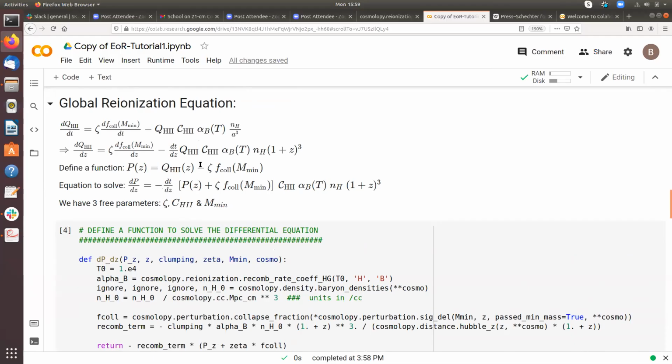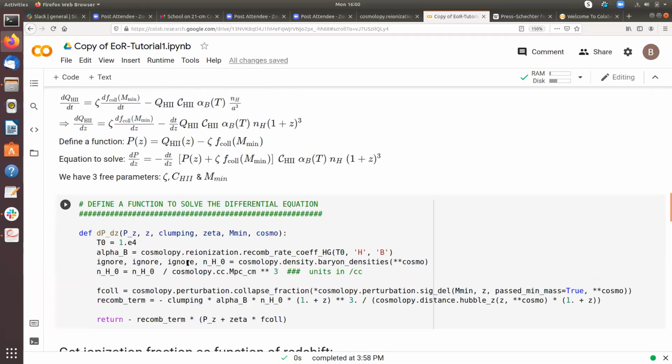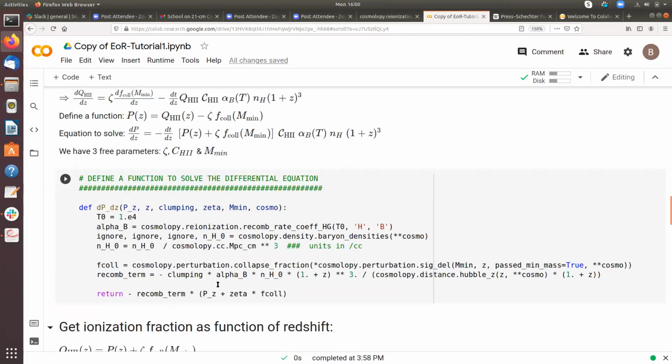So just move the zeta f plus to the left side, you will get the ionization fraction Q at each redshift. But we are integrating over redshift, which means that it won't be a function of redshift. Yeah, but for each redshift you can get the value. Take the integration upper limit as a variable itself. Okay, fine, thank you. Sure.